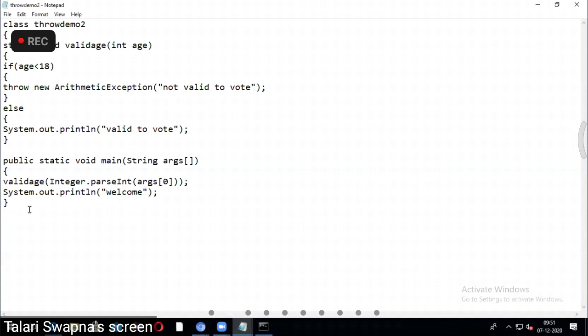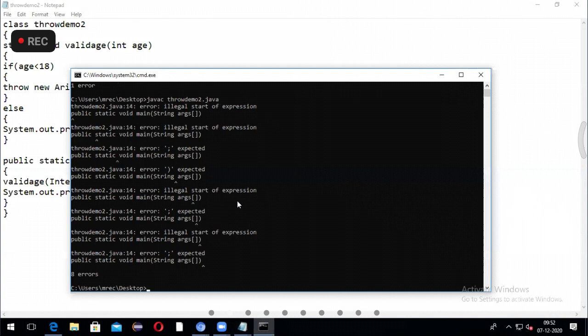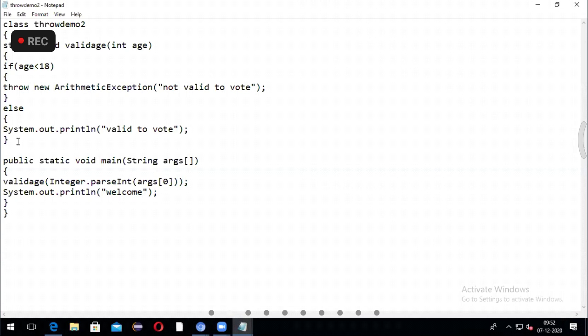Okay, I have to close the class. public static void main String args. Illegal start of expression. Method, I have to close. Okay. public static void main String args.